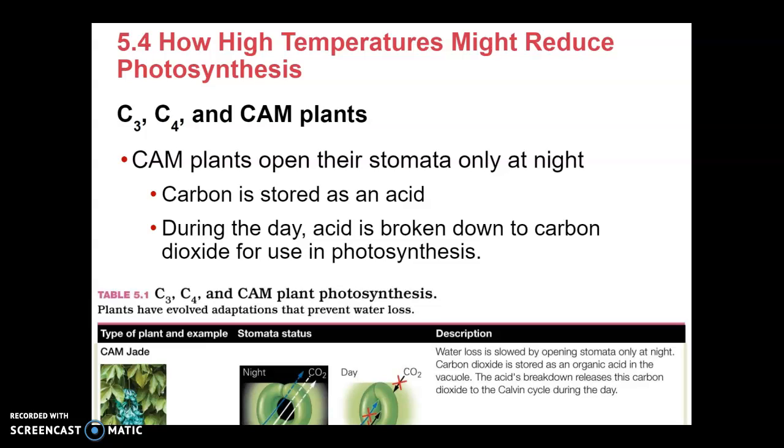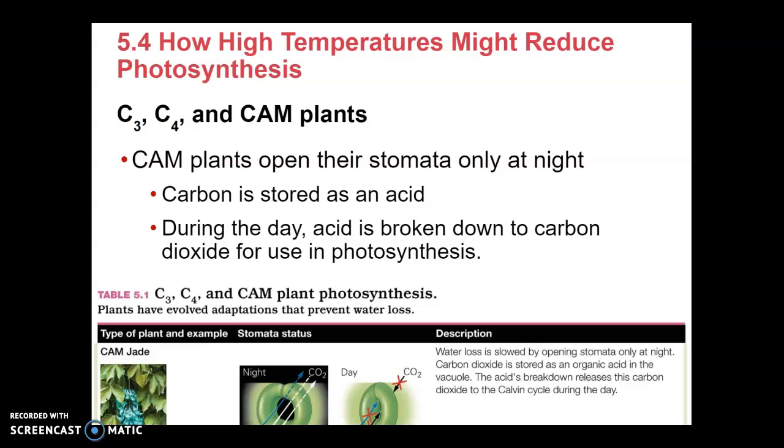So CAM plants are going to open their stomata at night, and the reason they do this is if you're in a very dry environment, it's easy to lose water. During the day when the sun's beaming down in the desert, you're going to lose a lot of water if your stomata are open, and that's going to hurt the plant. They need that water to survive. So they close their stomata during the day so that they don't lose all their water, and they open them at night when it's cooler, and that's when they're able to suck in the carbon dioxide to complete this